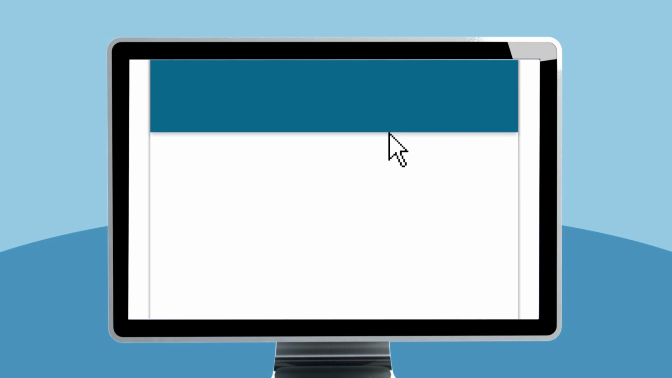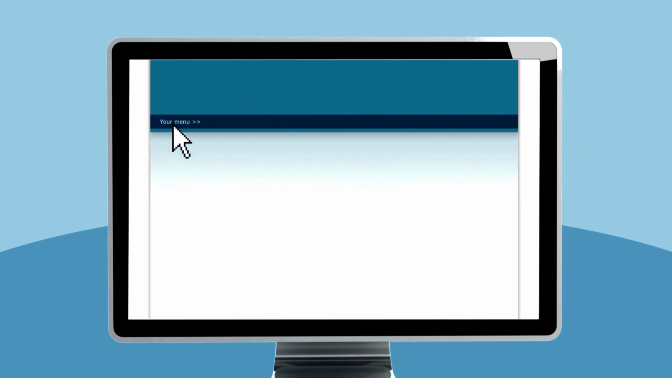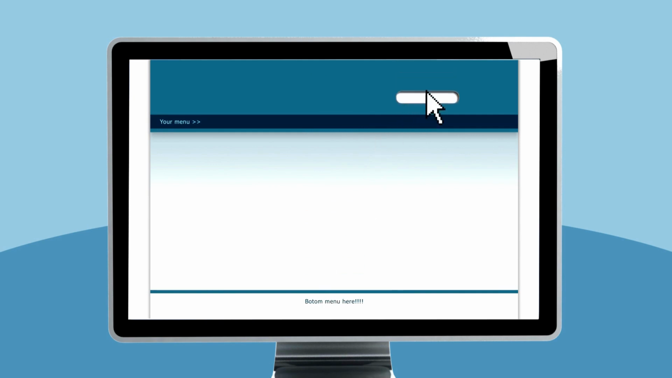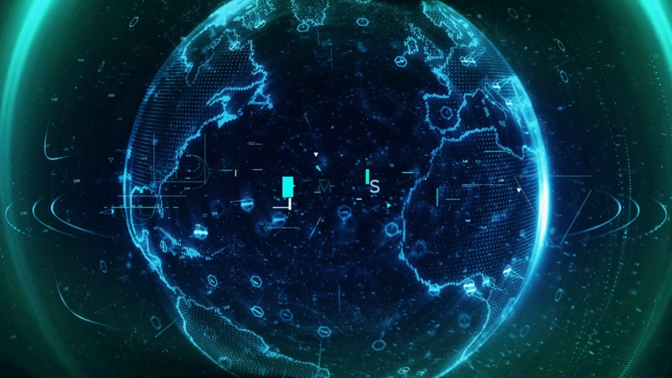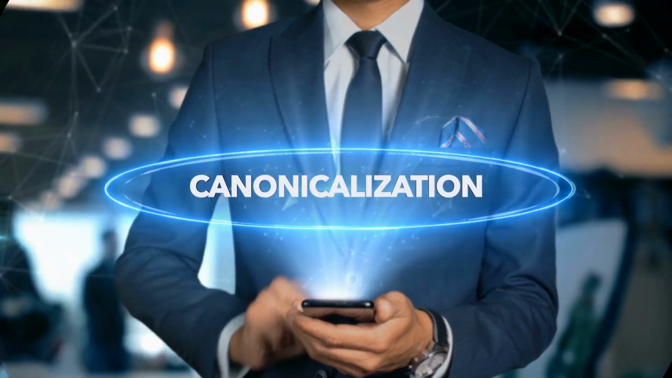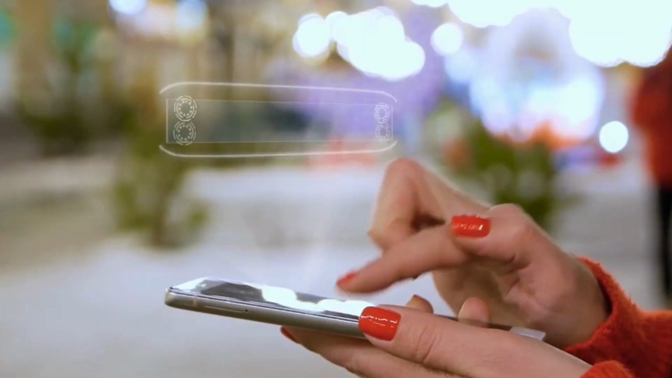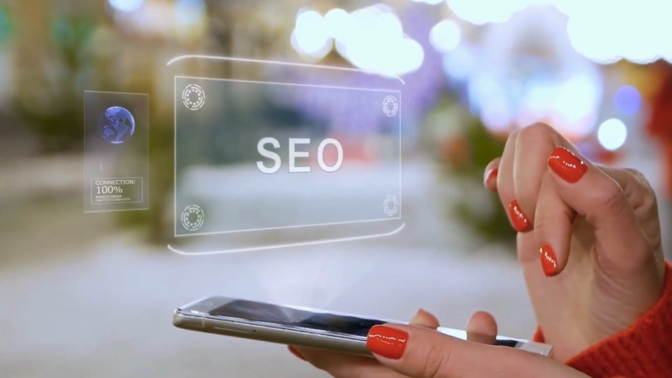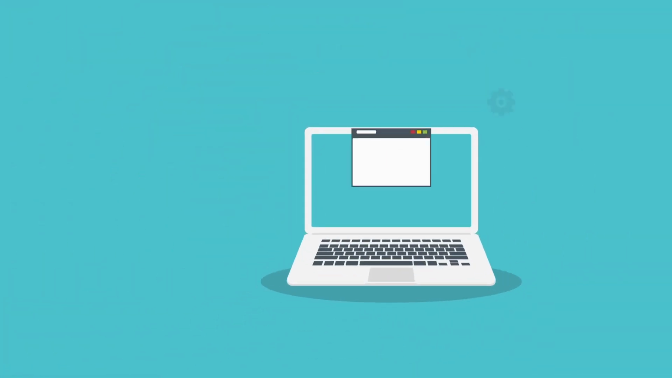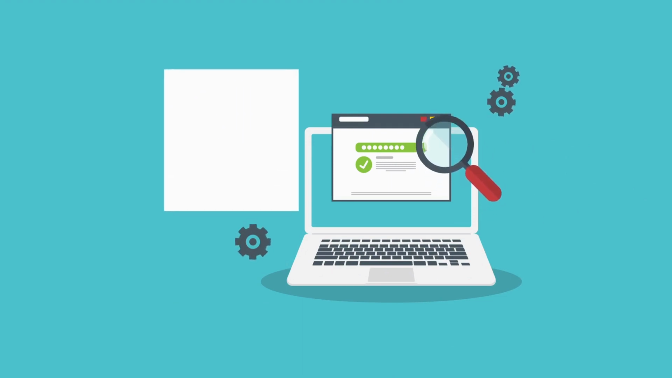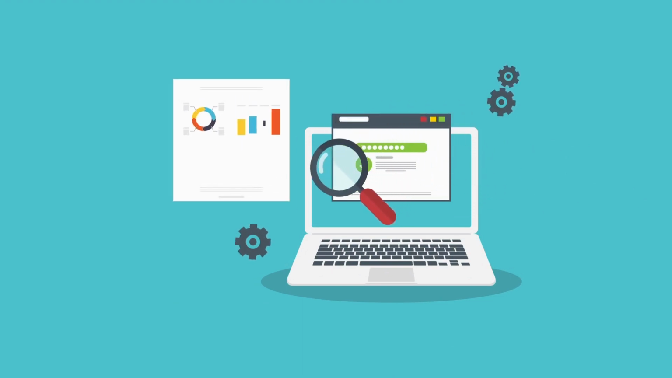Technical SEO is the process of optimizing the infrastructure and back end of a website to improve its visibility and ranking on search engines. This includes optimizing elements such as site structure, XML sitemaps, canonicalization, Robots.txt, redirects, and mobile optimization. Technical SEO is a crucial aspect of SEO because it ensures that search engines can crawl and index a website's